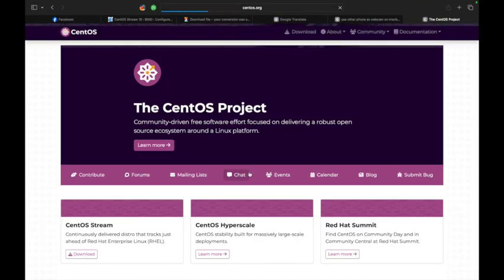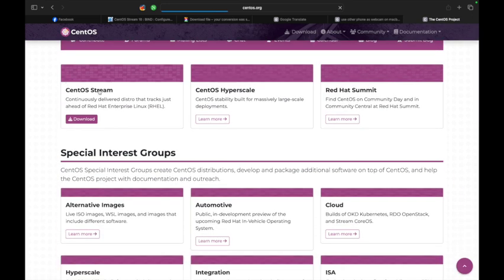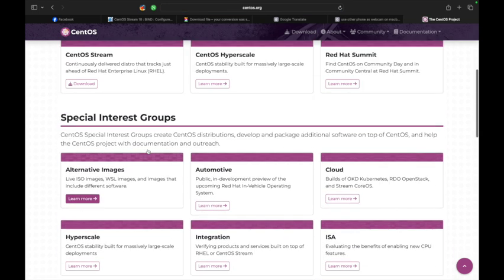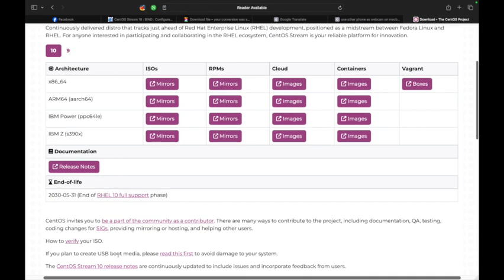Now CentOS is the best alternative to Red Hat, and for this latest version we can download it from the CentOS official website, like you see on the screen. The end of life of this version is the end of May 2030.